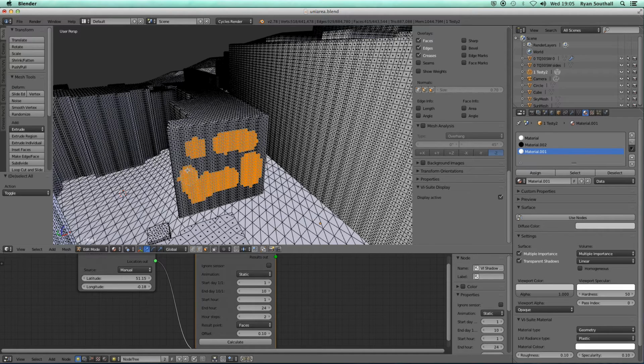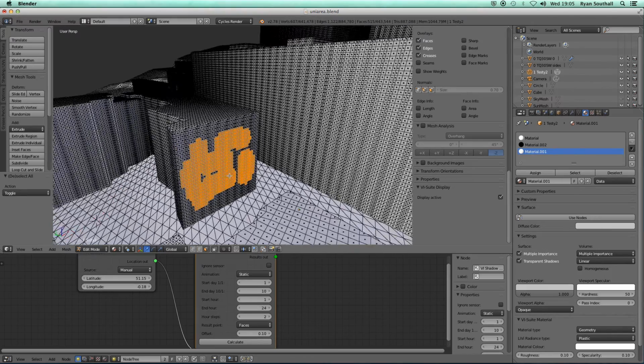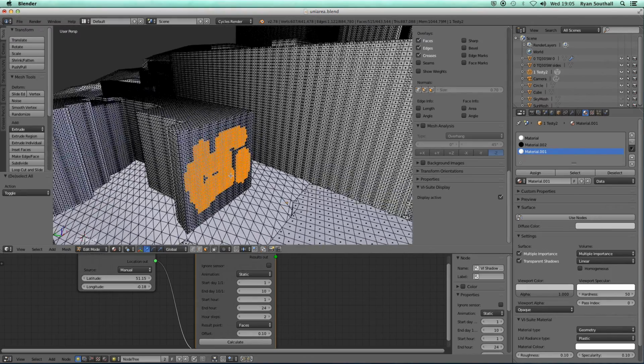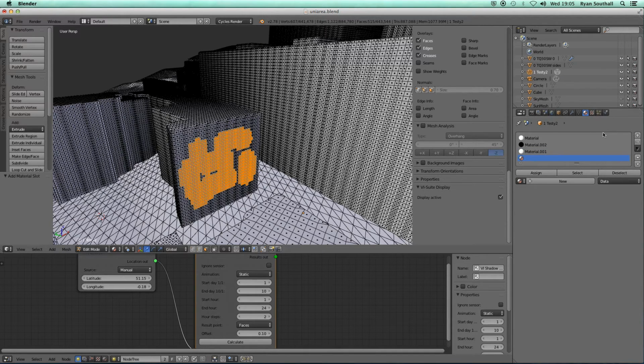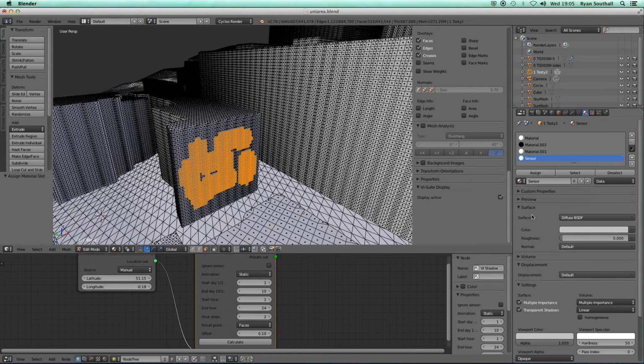So I'm just going to select. I'm just using circle select. I'm not trying to do this for any actual analysis purposes, just for the demonstration that I've now selected those particular faces. I can add a new material slot to this material. I can assign this material slot to these selected faces by pressing the assign button. And now I can put my sensor geometry within that slot. So that sensor material has now been applied only to those faces. So if I tab out of edit mode,